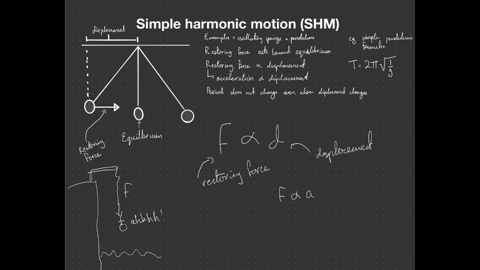This is our weight force, and it is acting constantly in the same direction toward the center of the earth. It is not acting toward our equilibrium. So we have an inconsistency there, which means we have not met the requirements for simple harmonic motion. After a period of time, when the individual's displacement is at its maximum,